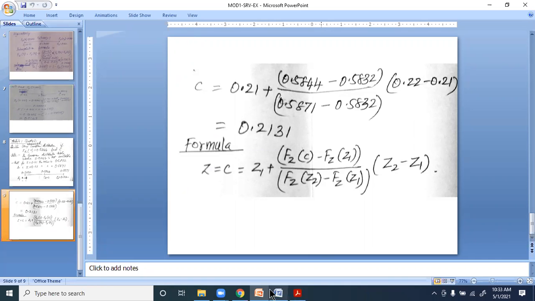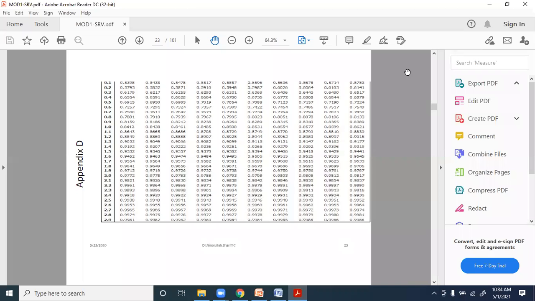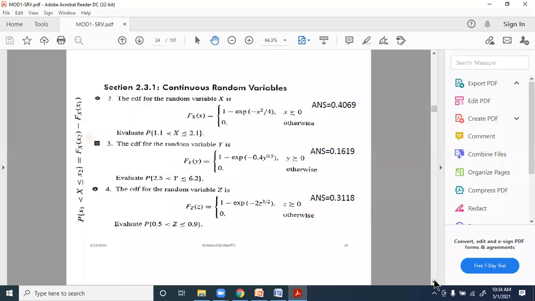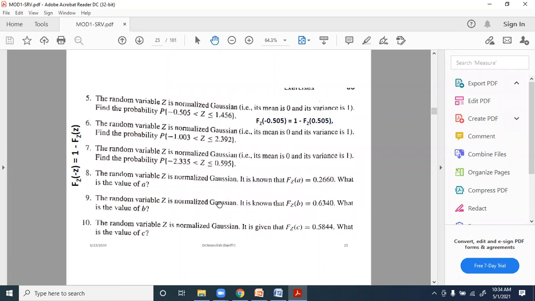Similarly, you can find out the solution for problems 8 and 9. 8 and 9 are similar. I think we have tried to solve all of these; just check it up. 5, 6, 7 we have solved, but 8, 9 are not solved. 10th is solved. The exercise for you today is these two, 8 and 9. Please solve problem numbers 8 and 9, and that will be written in the HRMS. Even if I don't write, this becomes your exercise. You need to solve this and